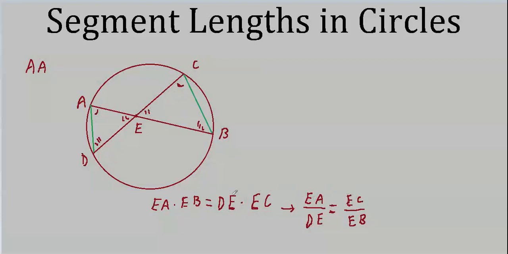This leads to a couple of different ratios. Naturally, with a 50-50 chance, I grabbed the wrong one. I should probably rewrite that so it makes more sense in terms of this actual diagram. Now doing it this way matches up a little better. Neither one is incorrect. As you well know, we can multiply by 1 over DE on each side, or we can multiply by 1 over EC on each side. They lead to two separate but equivalent ratios.